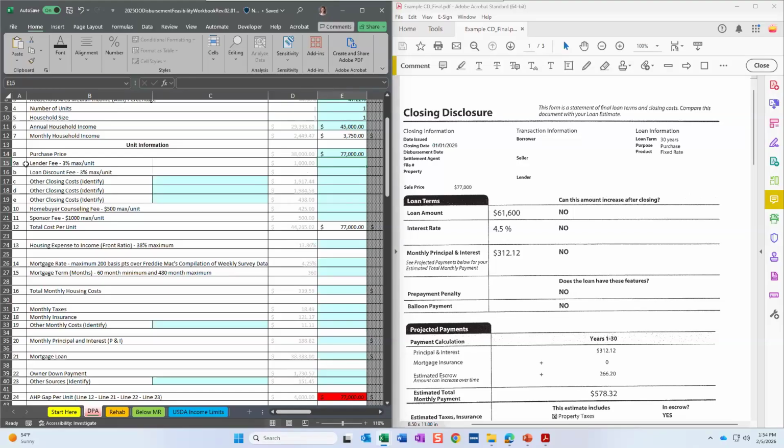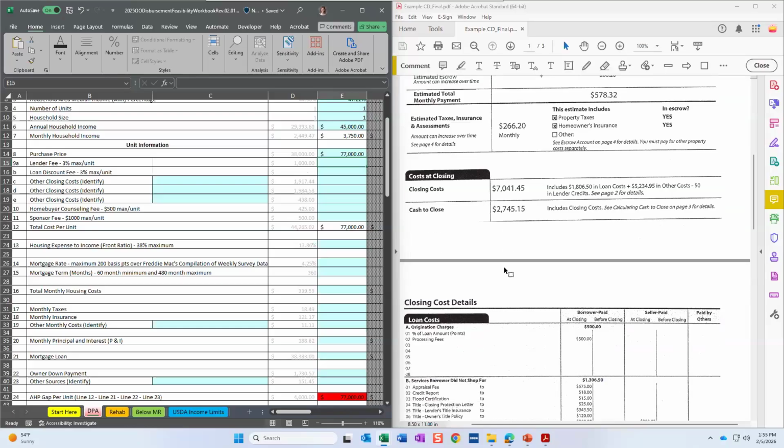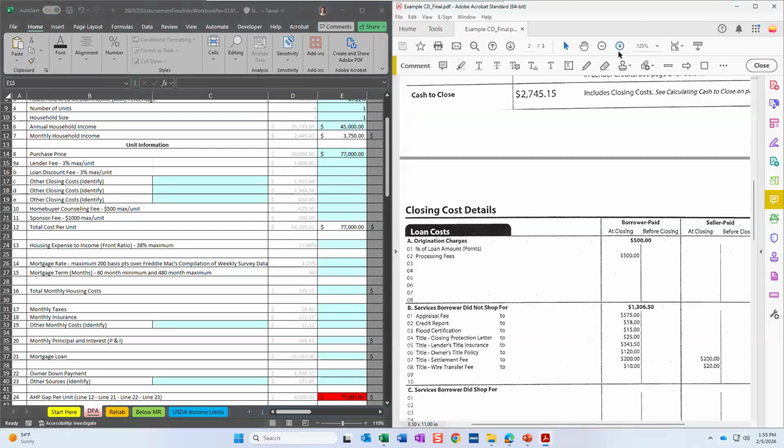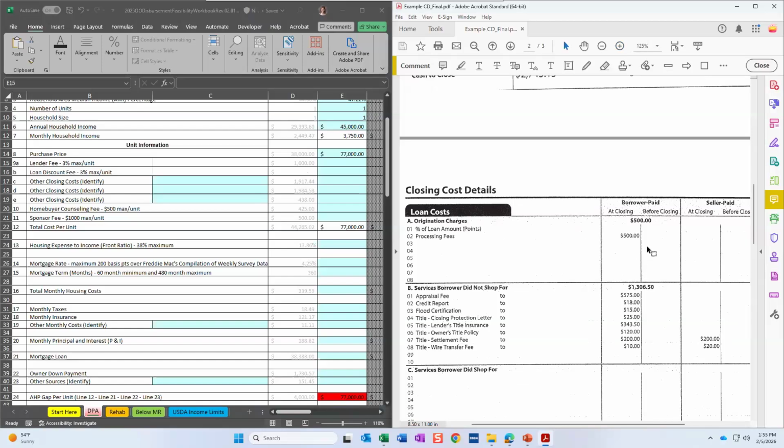Then we're going to go down and talk about lender fees and loan discount fees. So the lender fees and loan discount fees we'll find in section A. For our purposes for the AHP program, and again, I apologize, these numbers are kind of small, your lender fees are going to be the total of everything here in section A, less any of the discount points. So this one here, line 1, does not have any discount points. So this one is not going to have a loan discount fee. We're going to leave that as 0 here, and I can enter that as 0 just for clarity there. So no discount points here.